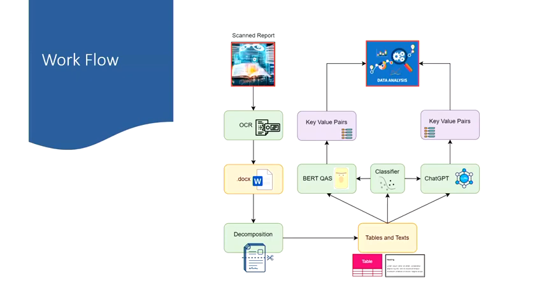Another thing is that not all the text segments have the answer for the question. So if a segment doesn't have the answer, then potentially our model can hallucinate. So we trained another classifier that will tell us whether the answer is there or not. If the answer is there, we keep it, otherwise we discard that segment. Now we send the remaining ones after the filtering to the BART question answer system and ChatGPT, and they give us key value pairs. That means the question and the answer. And then we do the analysis and see what their performance is.